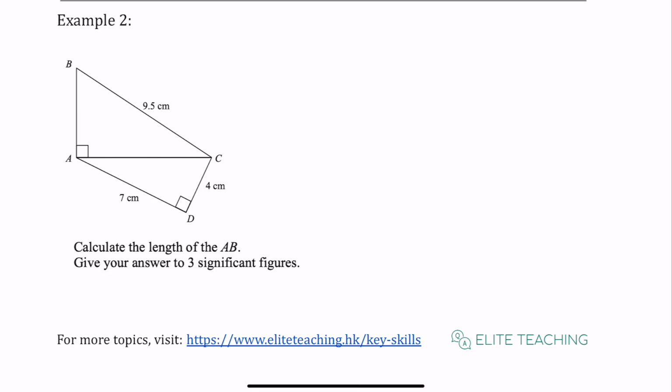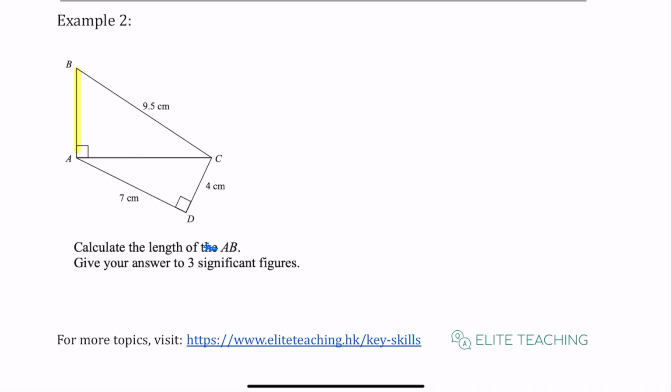This second example looks a little bit more complicated than the first example, but I think we can do it if we do it step by step. Let's look at the question. They ask us to calculate the length of AB. There's an extra word here, so I'm just going to get rid of it. Let's highlight the length we're trying to find. The length AB is part of triangle ABC, which is a right-angled triangle. However, we only have one other length, which is the 9.5. We can only use Pythagoras if we know two of the lengths, so we can't use it yet to find